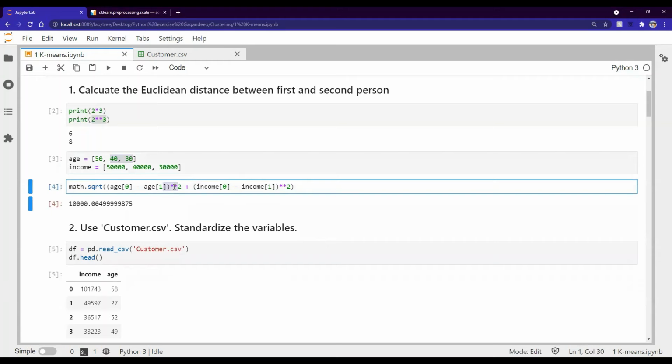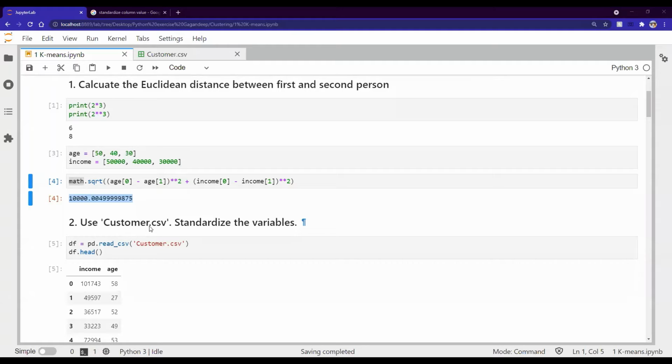As you see, this double asterisk is to calculate the square. So this part is x2 minus x1 whole square. This part is y2 minus y1 the whole square. Then we are adding it, and then using this square root function, we're calculating the square root, and that's how we get the Euclidean distance.